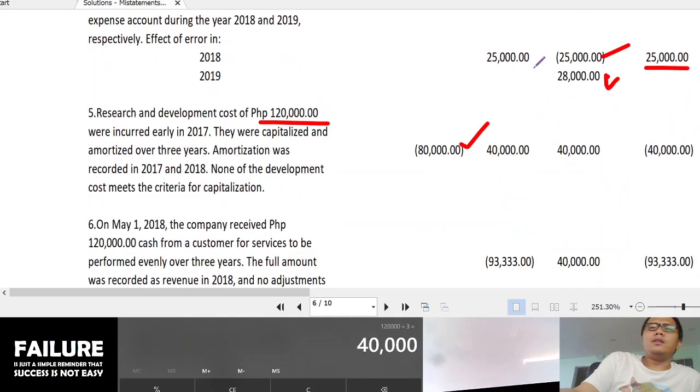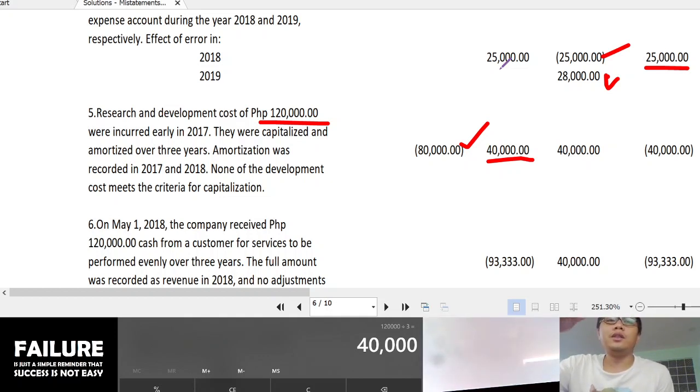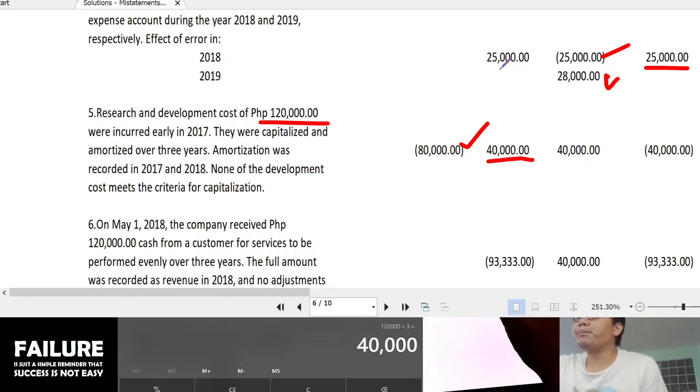In 2018, okay, kasi nga, di ba, 2017, 2018, 2019, you have recognized your amortization. Or sorry, in 2019, hindi pa pala. Pero in 2017, 2018, nag-recognize ka na ng amortization. Di ba? So, the point is, okay,